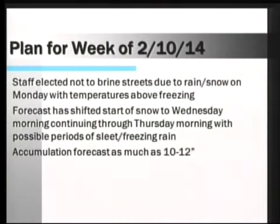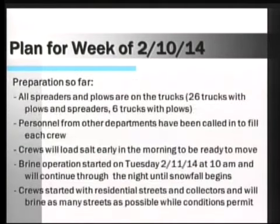So, as everyone at the yard has said today, that's the big one. This winter we've had a lot of close calls and near misses, but this one doesn't look like it's going to be that. So the preparations that we have made so far: we have all our spreaders and plows on the trucks. I mentioned the number earlier. We have actually 26 trucks with plows and spreaders loaded up this time,